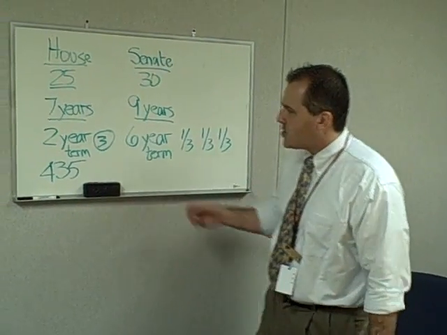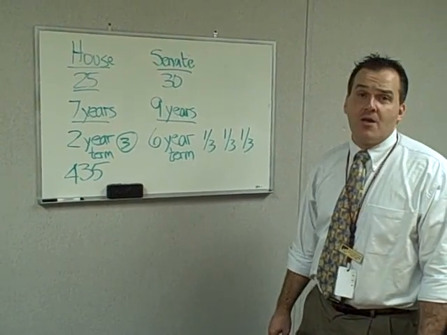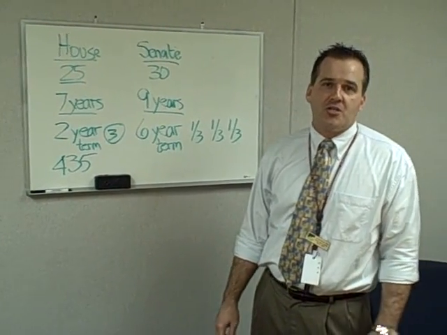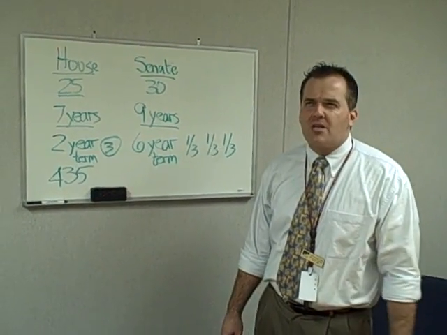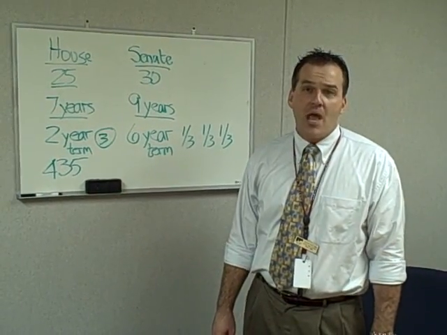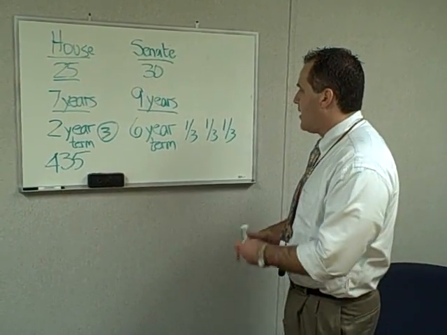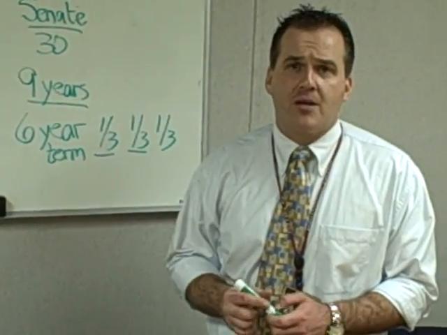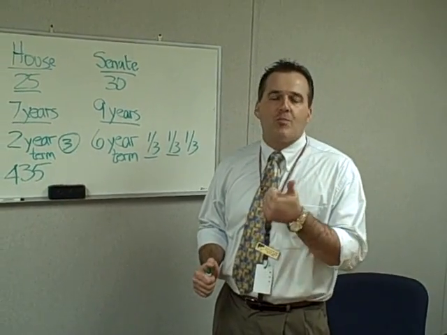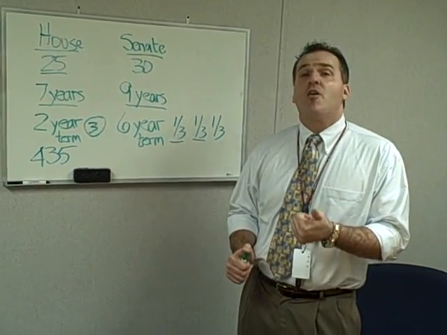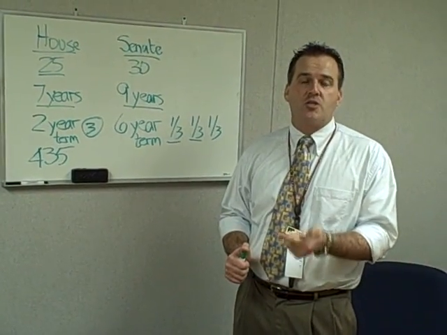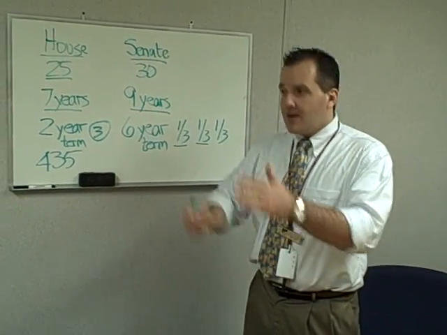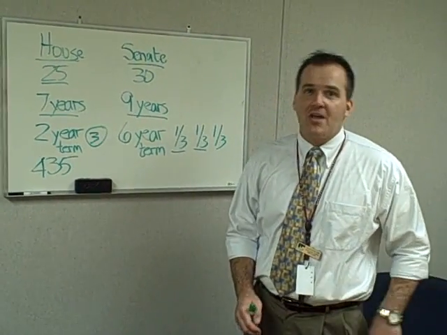And when you think about it, you could conceivably win a majority of the House in one election cycle. The Republicans just did that in 2010. The Democrats had previously done that, I believe, in 2006. But it's going to take several election cycles in order to be able to gain a majority of the Senate. So when you think about it, the Democrats got a majority of the House in 2006. They won Senate seats in 2006, but it took 2008 for them to have a majority of the House and the Senate.